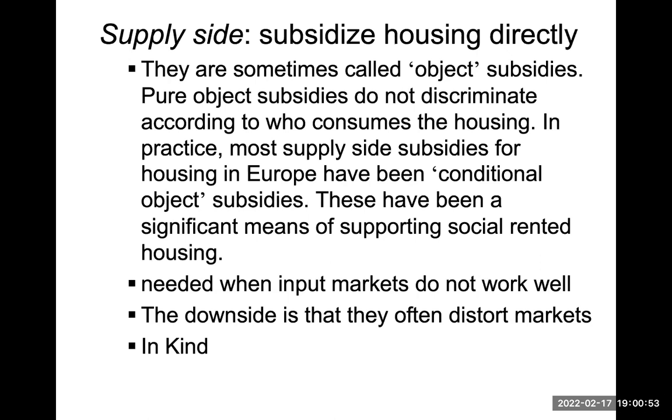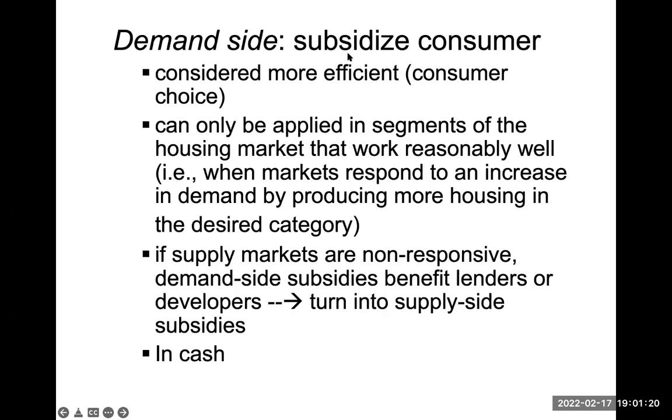So the downside is that they often have to exercise some potential strategies to distort the normal market rules. So that's the traditional and historical argument between the institutional markets and the business market and private markets, etc. And the second one would be in kind. So that is what we usually say for the supply side.